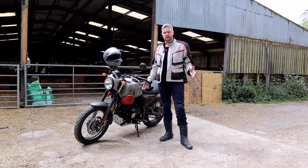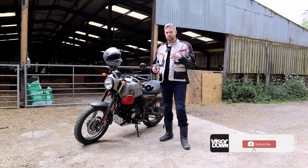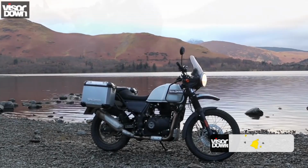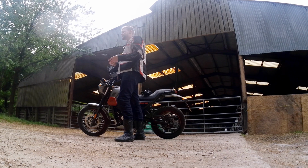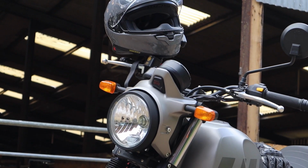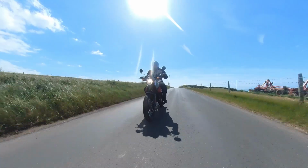So, of course, brand new for 2022 is the Scram 411. It's a sort of Himalayan variant. Now, Royal Enfield have even said themselves that they don't really class this as a brand new bike because it is built on the foundations of the Himalayan 411, which we all know and love. And there's quite a lot here that's similar to the 411 Himalayan, but here it's changed into a more scrambler